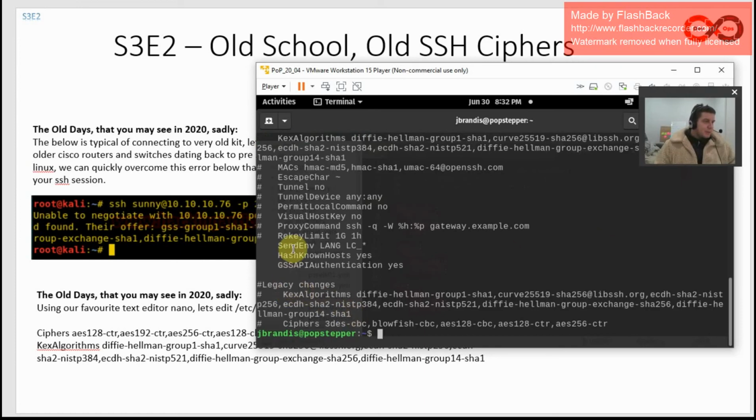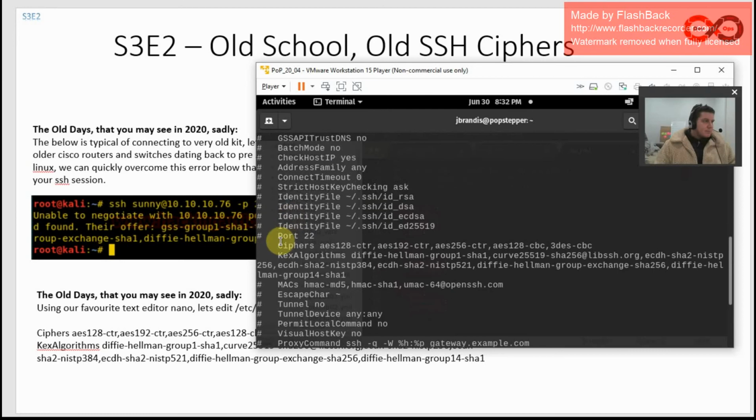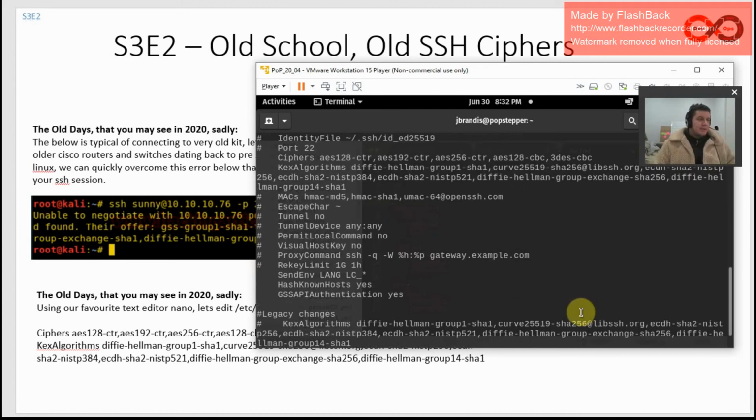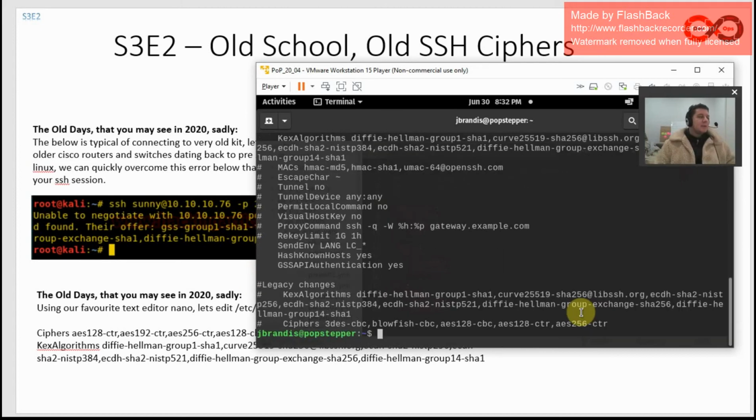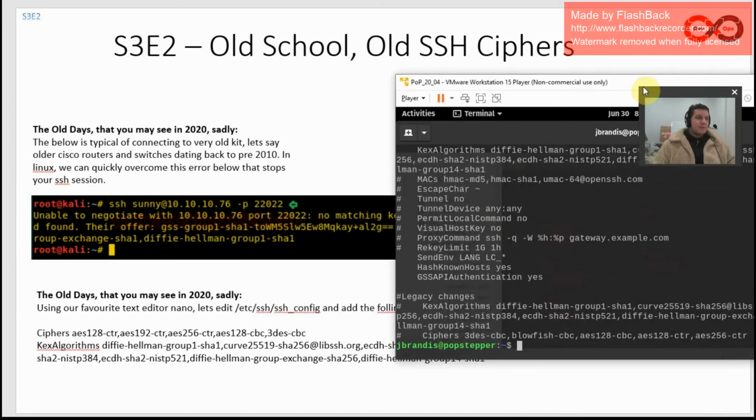It's down here, just in here. That will be commented out. Appreciate if you could put that in this file and then save the file. And the way we save in Nano is Control X to escape, and it'll say you've modified the file. Yes, you want to save, then exit. Now, if it says, hey, you can't, that's a read-only file, that's because you need to use sudo nano /etc/ssh/ssh_config. So that's a great way to